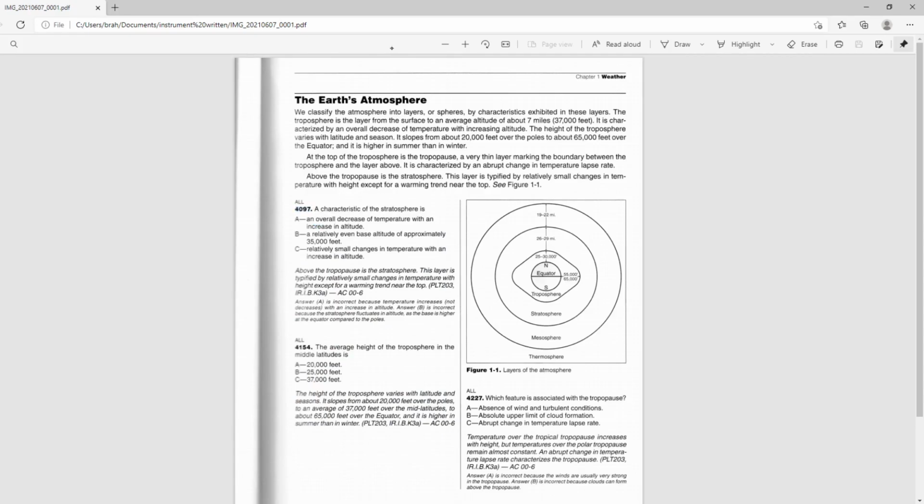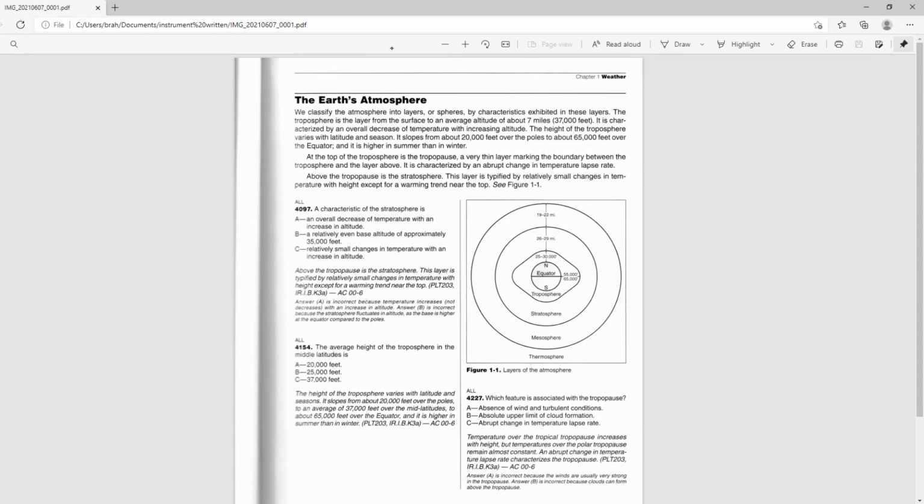A characteristic of the stratosphere is an overall decrease of temperature with an increase in altitude. Well, we know that's not the characteristic of the stratosphere. That's actually the characteristic of the troposphere, right? Because as you move up in elevation in the troposphere, you're getting away from that radiation at the Earth, and so it's getting colder, right? Overall decrease of temperature. Now, answer B says that there's a relatively even base, at the altitude of approximately